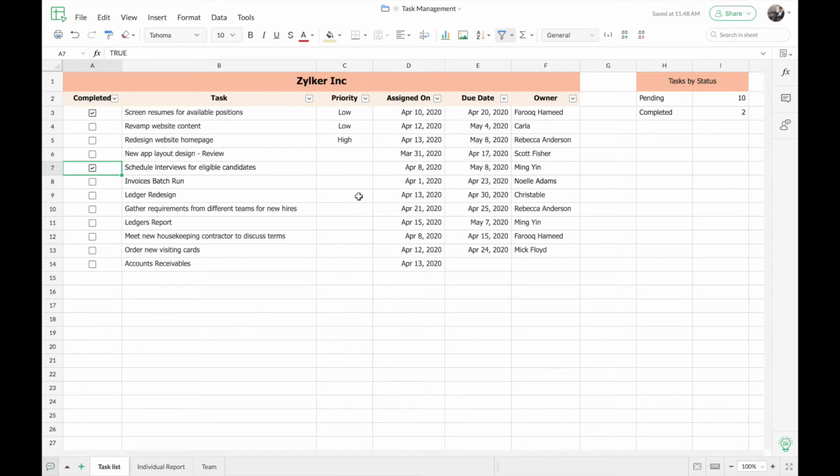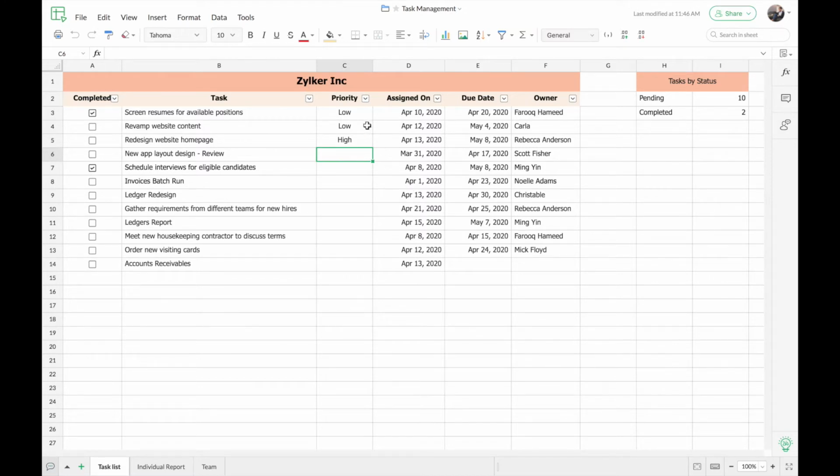Each cell here in this priority column has to have only one of these 3 values, that is low, high, or medium. And no matter who is going to work on this task list, I want this column to have consistent values. So for that, I'm going to use pick list here. Using pick list, you can create drop downs in the cell range. No matter who works on that particular cell range, they can only select a value from that drop down and they cannot enter any other value into that cell.